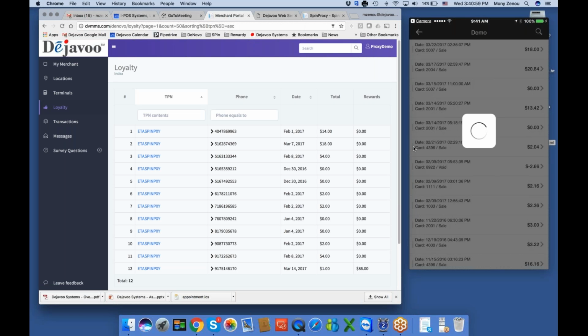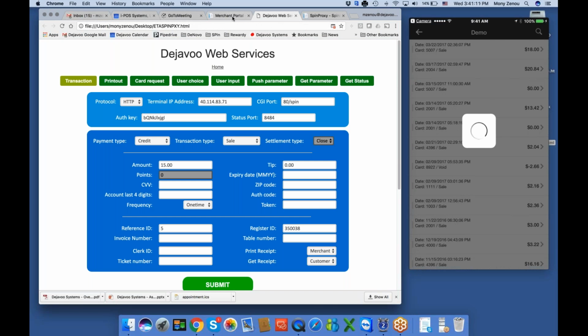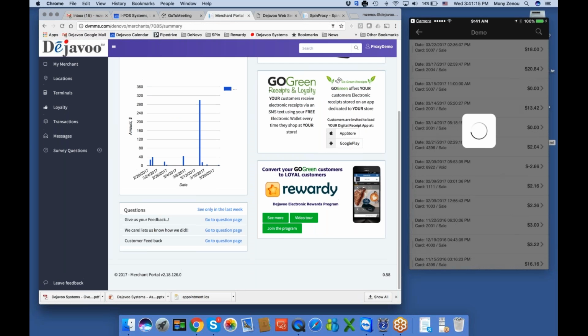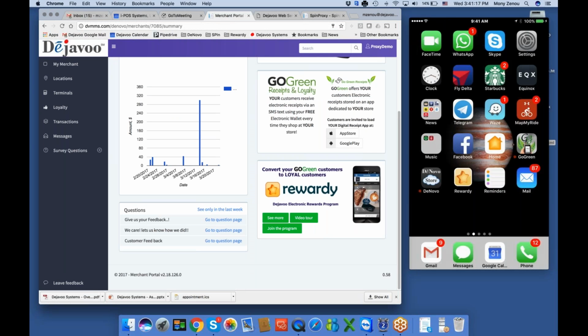I said that every time I go into a receipt, it's going to show it to me. So that's what it shows me. And those reports, when I batch this transaction and send it, if I go to my merchant portal and go to the landing screen here or here,